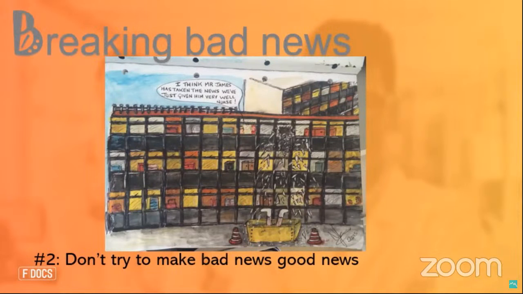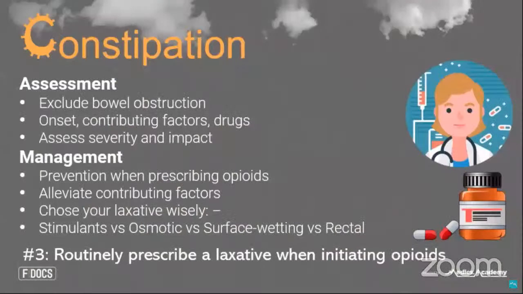And that's why the take-home message from this slide is you can't make bad news good news. It is okay when you give somebody bad news that they are upset and crying. That's a natural response to bad news. It doesn't mean you've done it badly. It means you've been clear and they've understood the message. So don't worry about trying to make bad news good news.